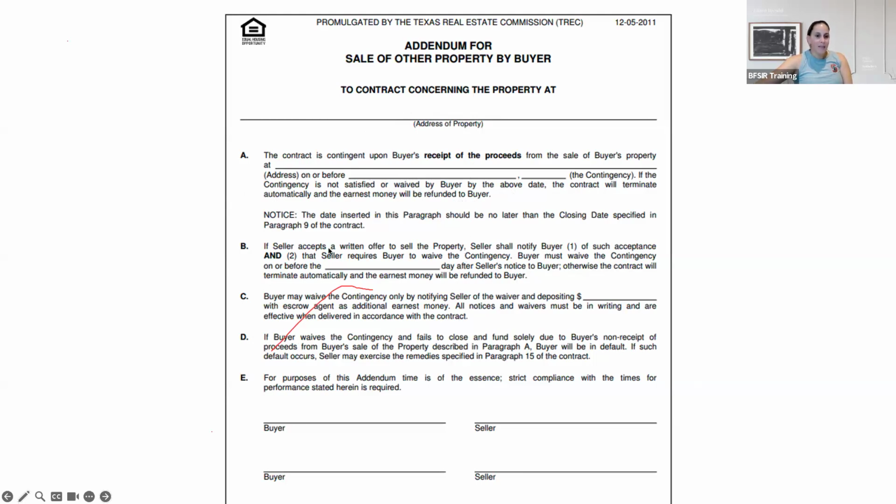And then if the seller accepts a written offer to sell the property, meaning a backup, the seller executes. So you put a property under contract with this in place saying the buyer's going to buy this property, but they have to sell their house first. So the seller is probably going to list that in MLS as active kickout, meaning we have it under contract, but if someone else brings us a backup contract, we can kick out the first buyer. That's what I would do, put it as active kickout to say to buyer's agents, hey guys, still